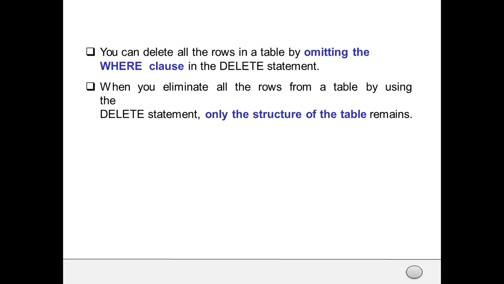The structure is not there anymore. But if we use the delete statement, only the rows get deleted, and the structure of the table still remains. So this is a very important difference between the drop and delete statements.